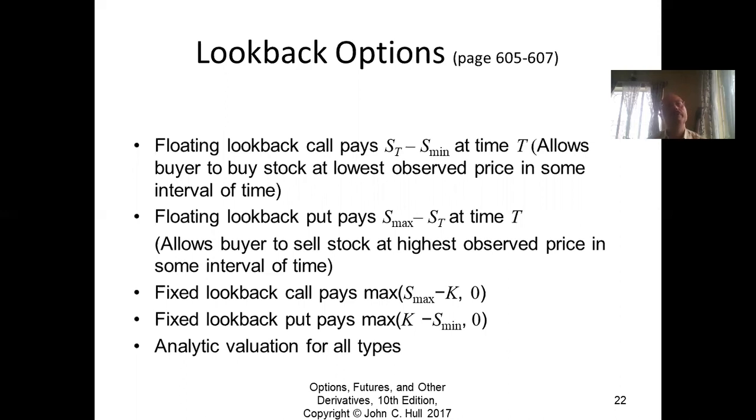Why is it called look back? Because it is looking back on the history of the stock price before deciding what your payoff is. So you do not exactly know how your payoff will be calculated till the end. So you have to find out the corresponding distribution of the minimum and the maximum of the stock price. And that is why I asked you to study the maximum value distribution for a binomial model. If you can do the maximum, you can also do the minimum. It's the same thing. But is the look back option clear?